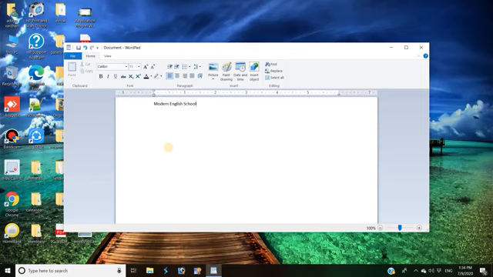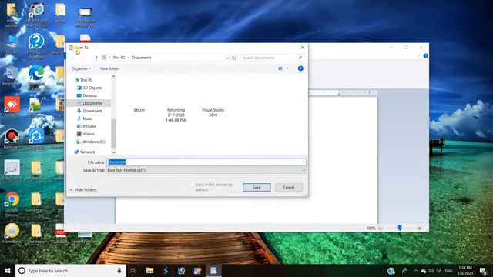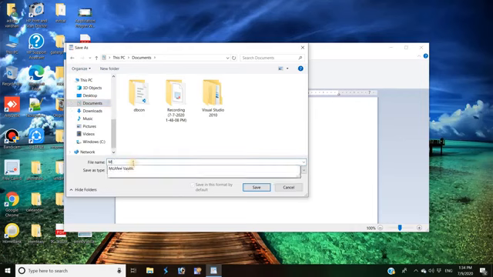Suppose we require to create an application file, we'll have to type the content in the working area and thereafter save the file from here. Click here, and we'll have to define the location where you require to save the file.